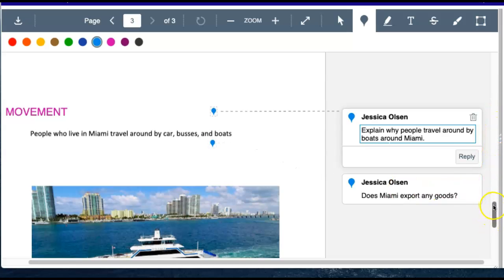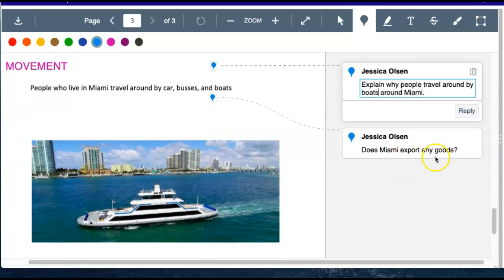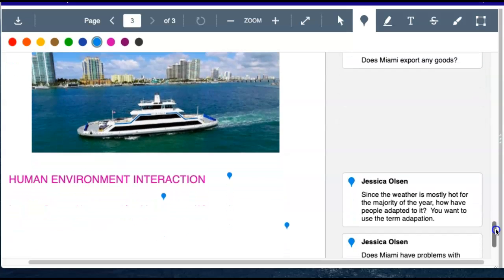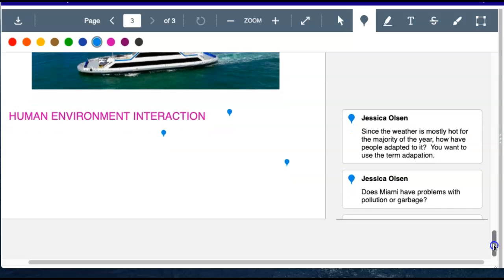Okay, and then another idea to make this theme a little bit longer: does Miami export any goods? Is there anything manufactured in and around Miami, and what is it and where does it go? Okay. And then the very last theme you forgot to put in here, so I wrote it in,